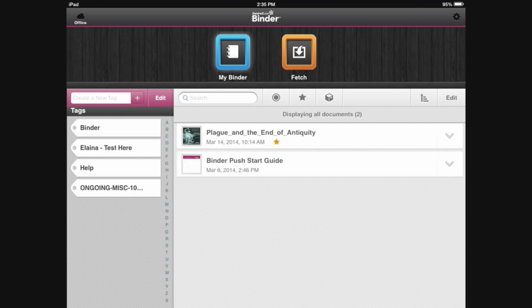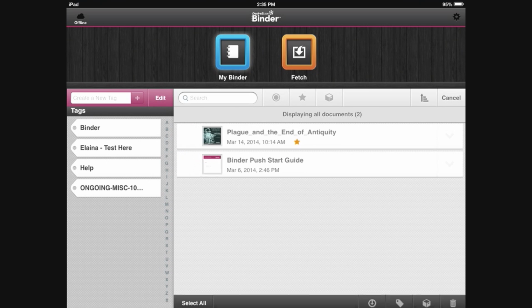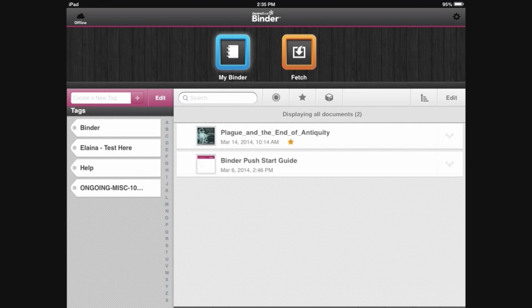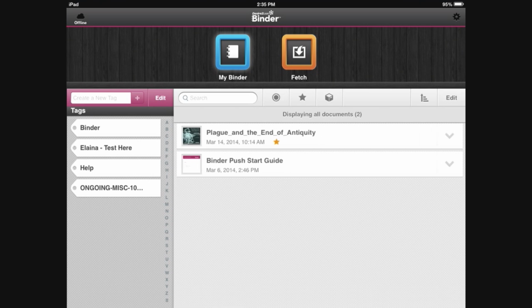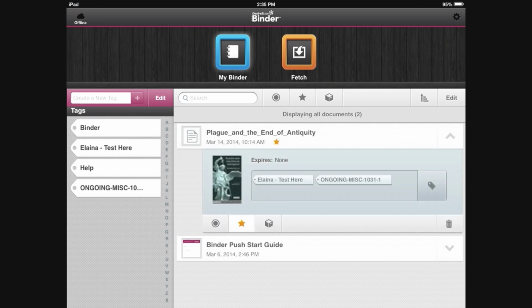The other buttons on the right-hand side of the navigation bar are the Sort button and the Edit button. The Sort button can change the order in which you view your documents, while the Edit button allows you to mass edit all of your sorted documents. This means you can mark unread, favorite, archive, or trash any and all of the documents at once. There's also a down arrow on the right-hand side of every document that, when tapped, shows you the same individual options for each document. It also allows you to add new tags from here.